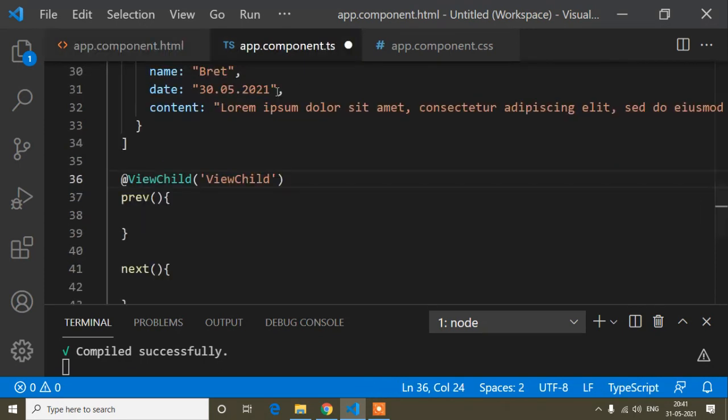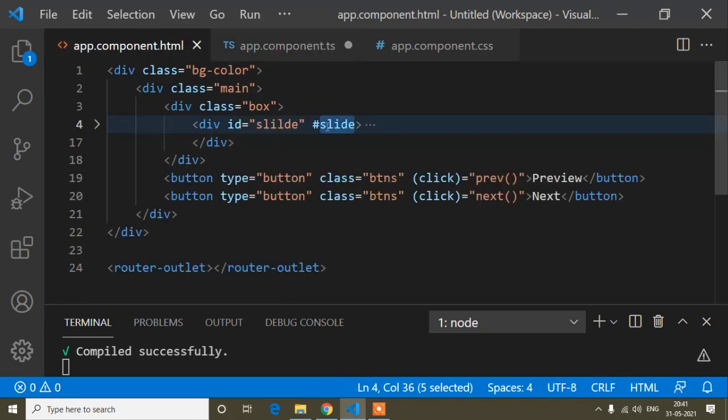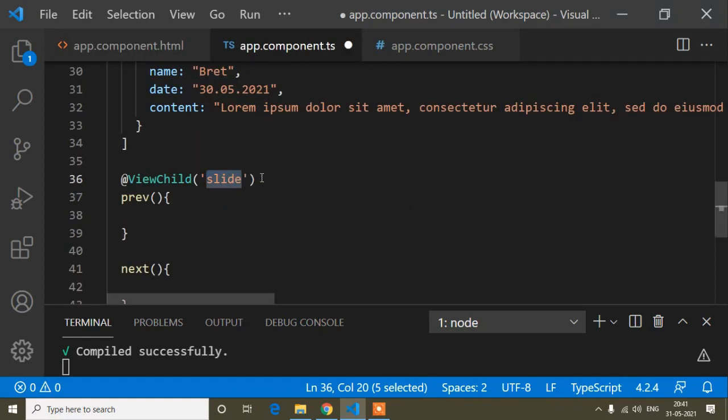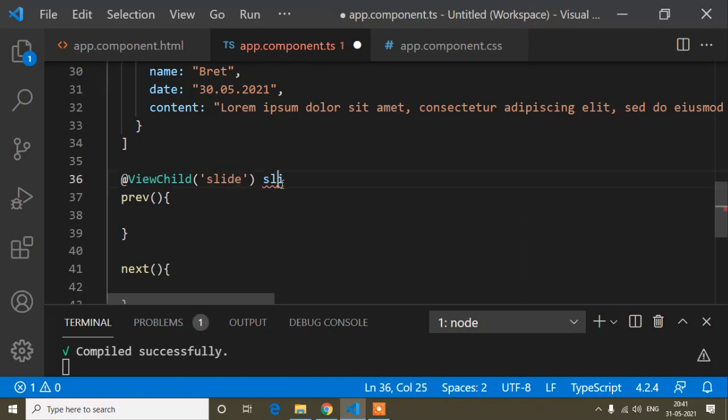this template-defined variable. So this one, and again this. Now I have defined it inside this ViewChild, this template-defined variable. So now I can manipulate this DOM element, I mean the element of the DOM, but directly I cannot use this slide property. So here I have to add a reference variable that will refer to this slide template-defined variable. The variable name you can write as anything, but here you have to write this template-defined variable, and whatever variable I write here will refer to this slide variable.